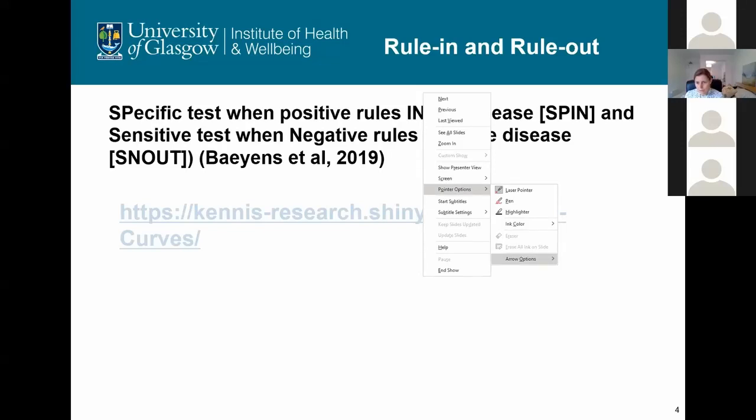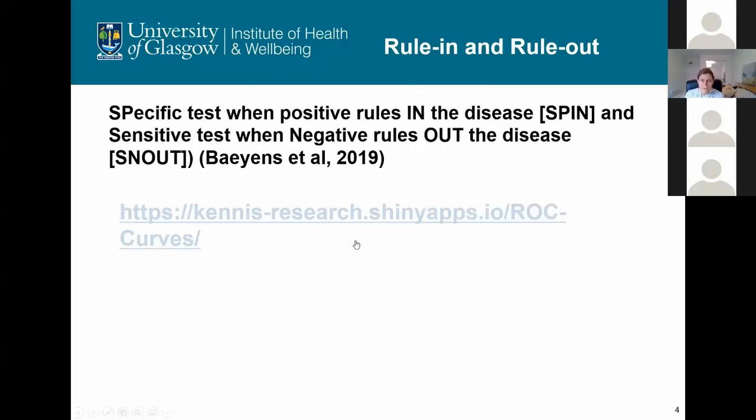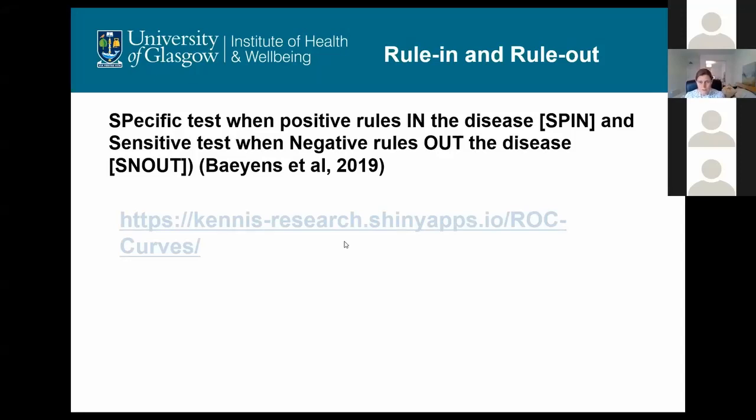Sorry, I'm just trying to get rid of my pointer so that I can click on this. And this is a really great app that I found during my PhD work. I don't know about anybody else, but I find the various wrangling of all the different statistics in diagnostics very difficult, and I often come back to this kind of idea just to firm up thinking. And where it's helpful here is you can see the